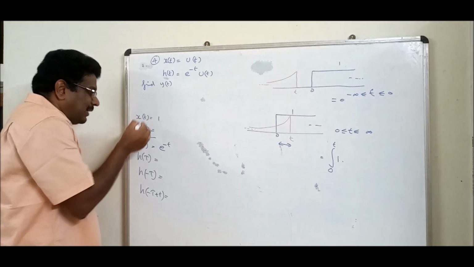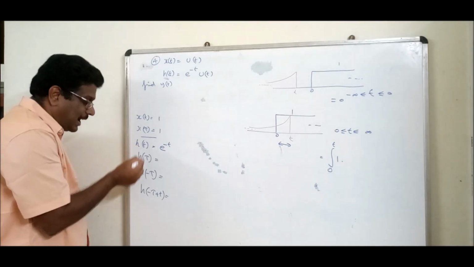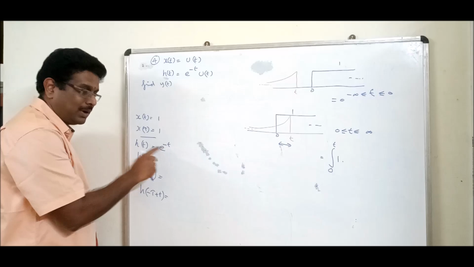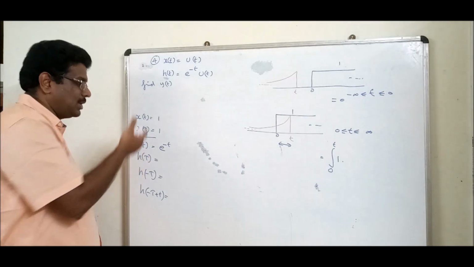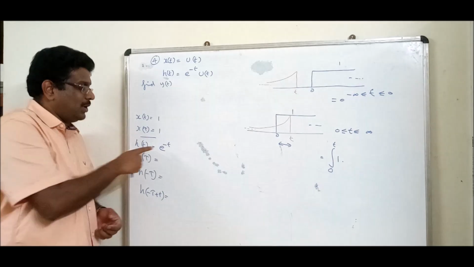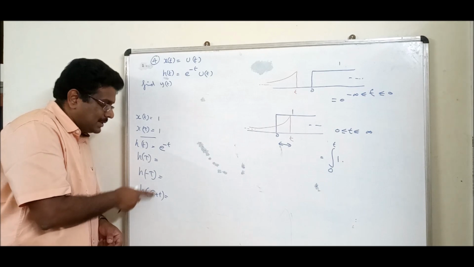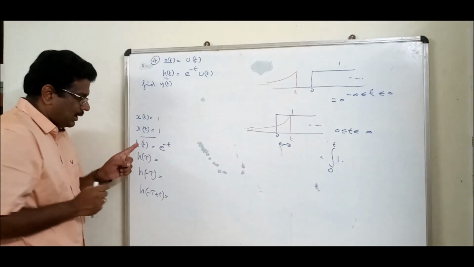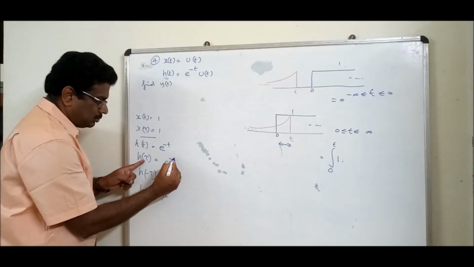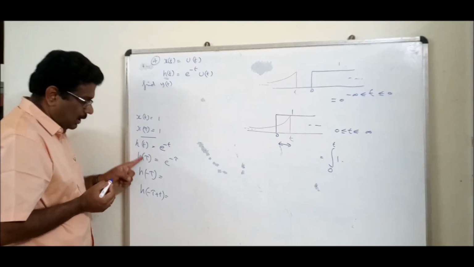When I convert, the amplitude doesn't change for the x signal because it is constant. For the h signal, the amplitude does change because it is considered a variable. So far this problem was not there, because when you took a unit step signal or a rectangular signal, it was a constant amplitude. Now it is a variable amplitude. What modification you did here, the same modification you do here. T becomes tau, tau becomes minus tau.